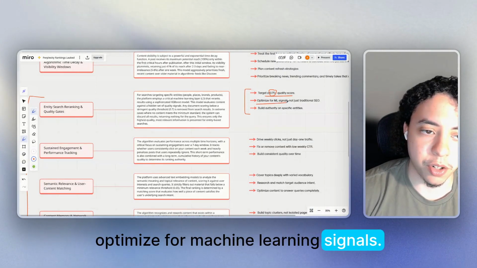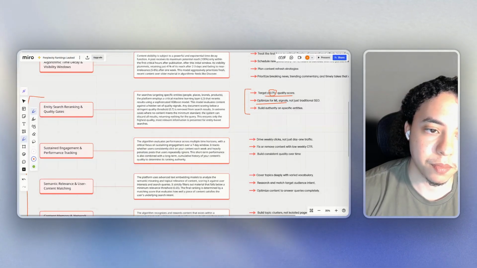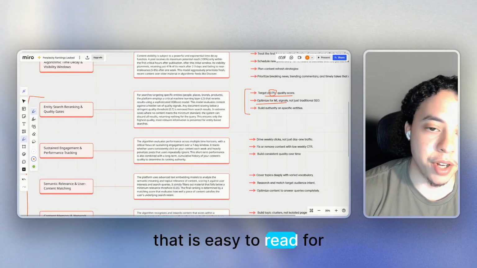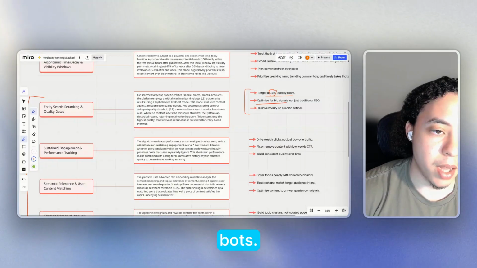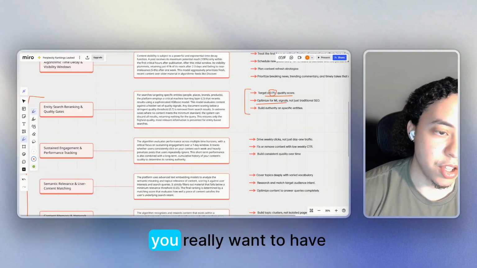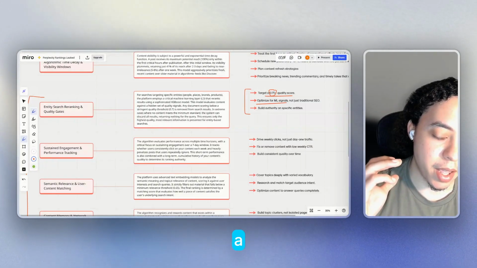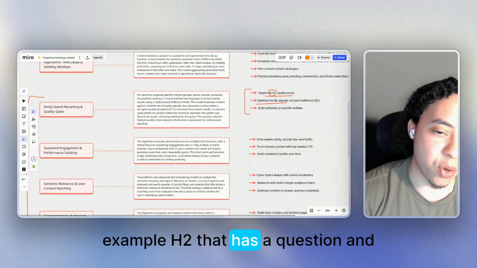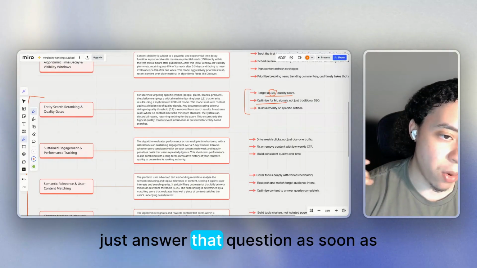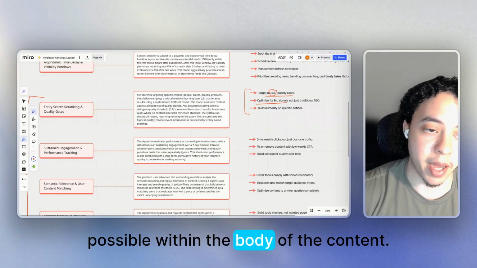Optimized for machine learning signals. So basically you want to create content that is easy to read for LLM bots. In this case, you want an example H2 that has a question, and just answer that question as soon as possible within the body of the content.